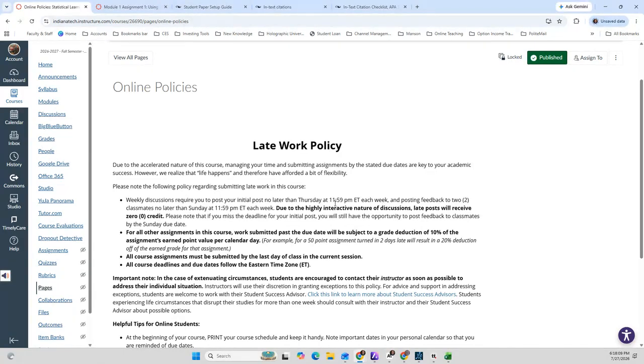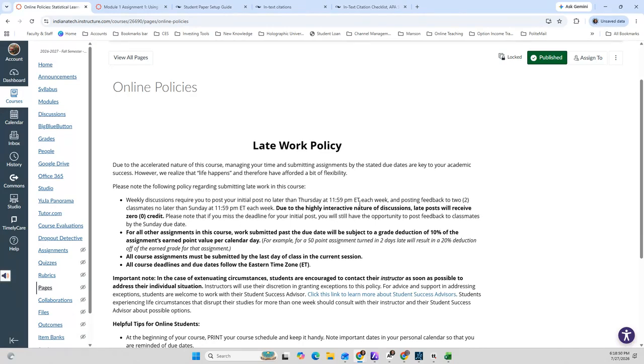Eastern Time. If you do not hit that deadline, and like I said, I just want to be strict about this, because whenever I offer flexibility in terms of due dates, it always creates additional problems. So the easiest way to handle it is just making sure that if you don't submit it by 11:59 p.m. Eastern Time, the system is going to tell me that it's late. And if the system says it's late, whether it is 1 minute, 1 second, then it's going to be late,